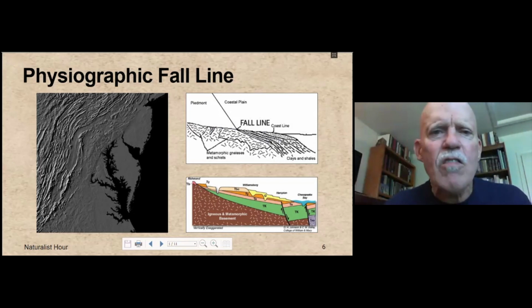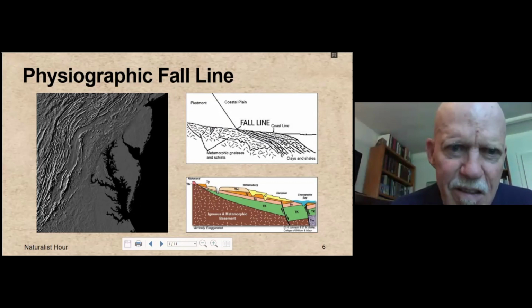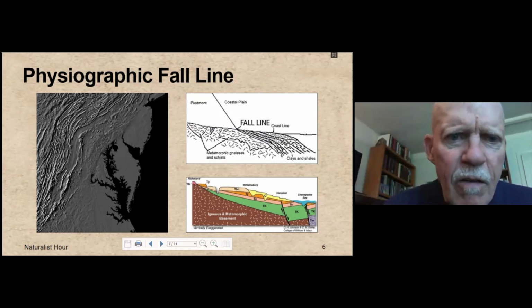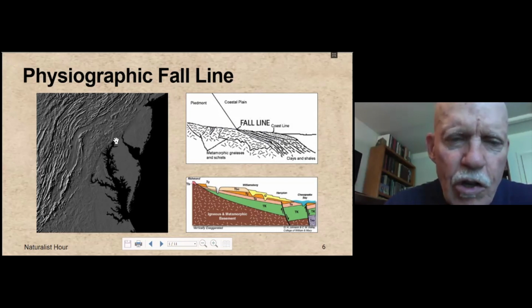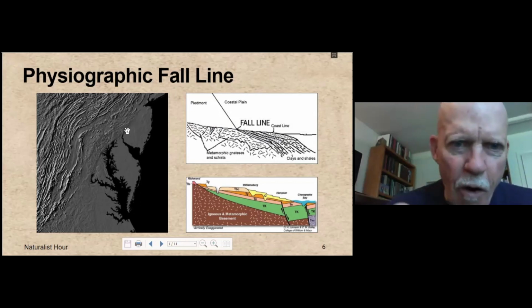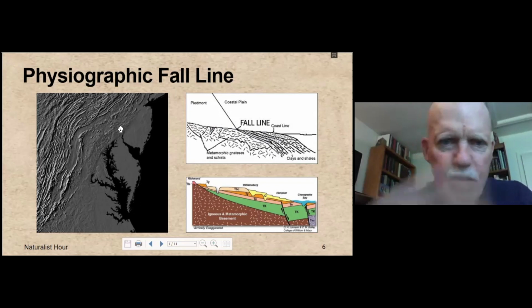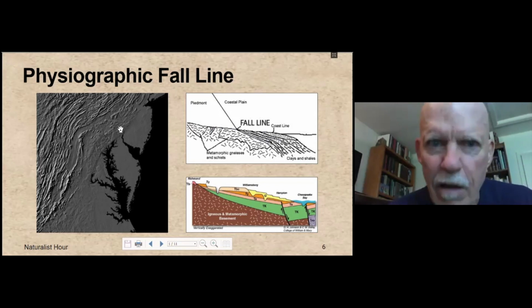So this is the physiographic fall line. And as I said, some places it's quite easy to see, other places it's more subtle. When you are on I-95, and then if you go on 495 up towards Philadelphia, if you look to your left, you can plainly see a ridge that marks the Piedmont boundary there, while everything to your right side as you're traveling north is as flat as a board.